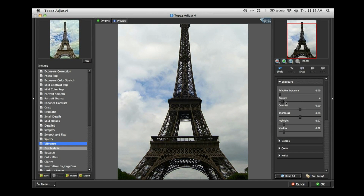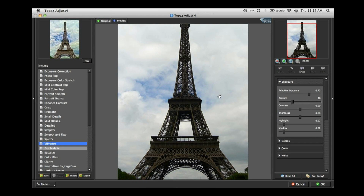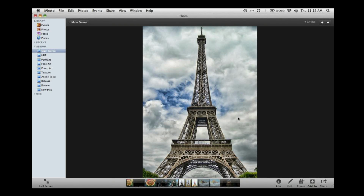But then, if you are interested in really playing with it, you can use the sliders. So as I crank this up, you can see that not only does the Eiffel Tower keep getting brighter, but also you are introducing all this wonderful detail that was hidden in the clouds, just magically comes out of nowhere. So this is essentially how I went from a photo that was just a silhouette of the Eiffel Tower to this beautiful, almost like HDR version of the Eiffel Tower,